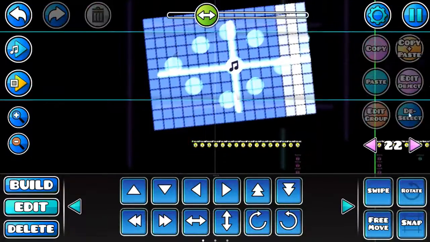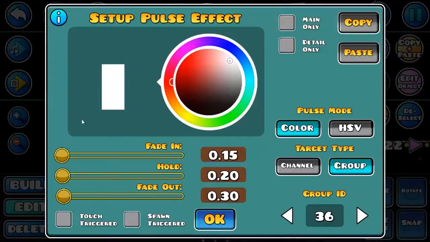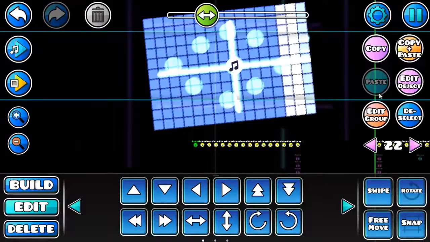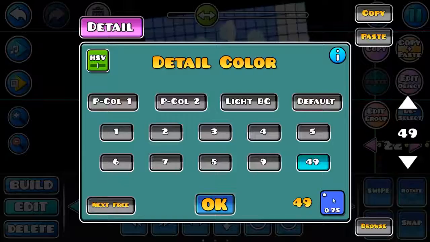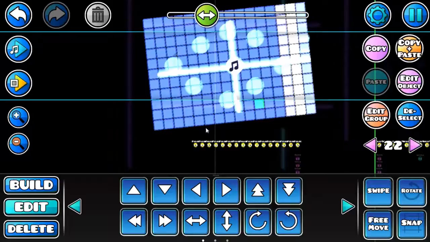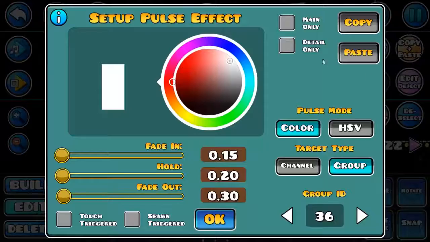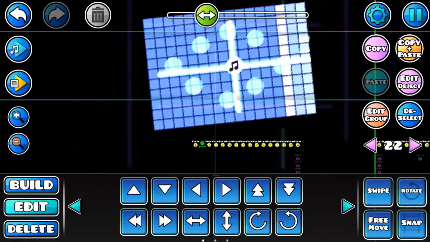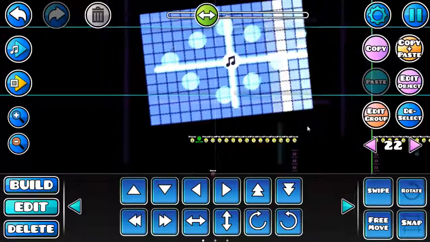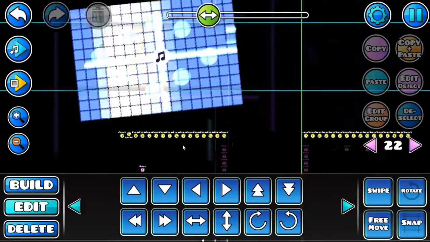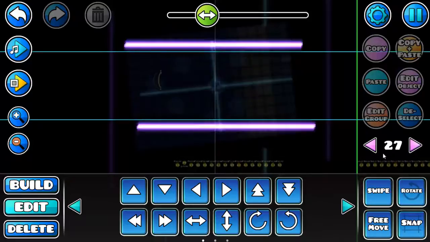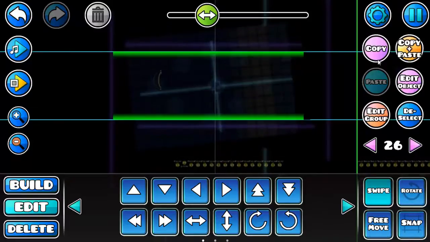So about the color, you can either put it fully white, or just pick the color of the original block, copy, and then go over here, paste it, and make it brighter, I guess, like this, depending on what you want. There. Another thing about this background is that you should use these black flares at the bottom and the top